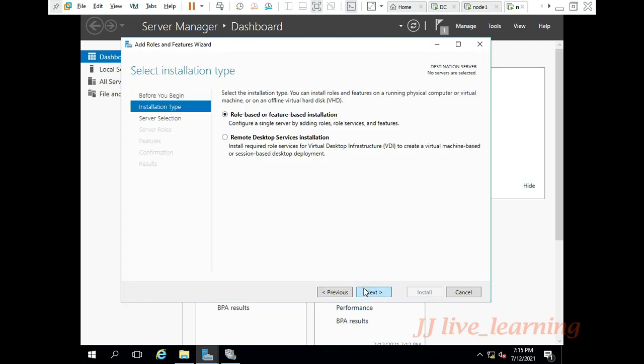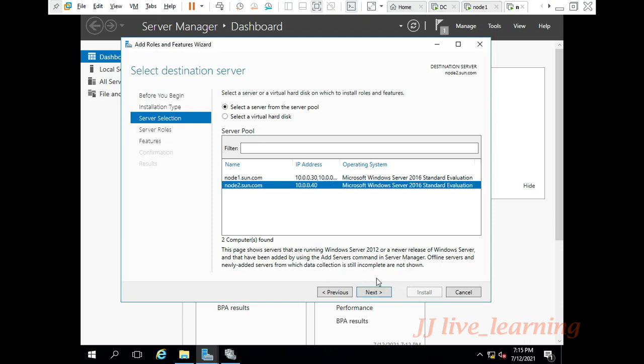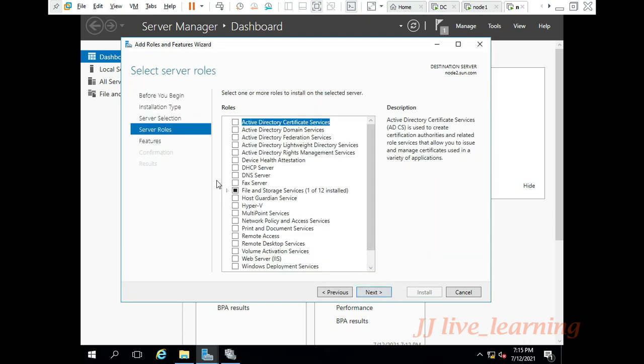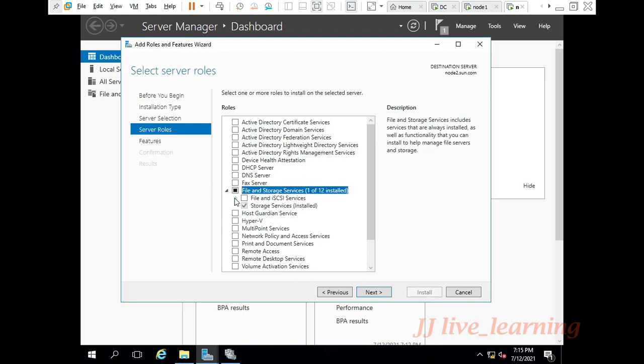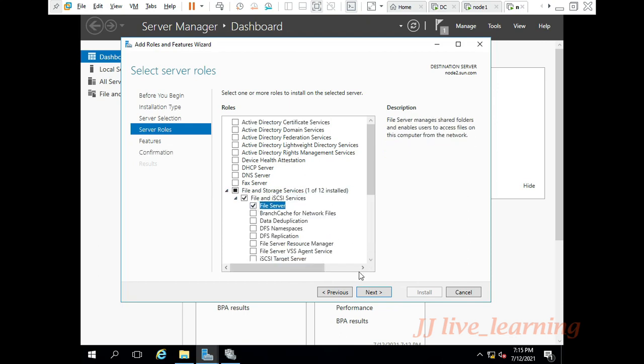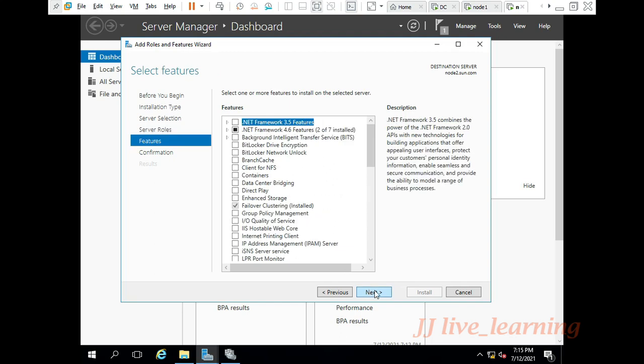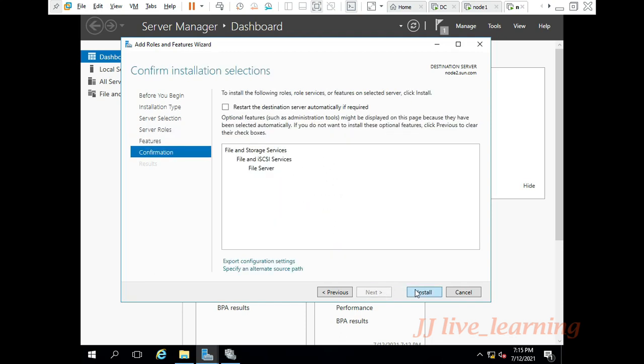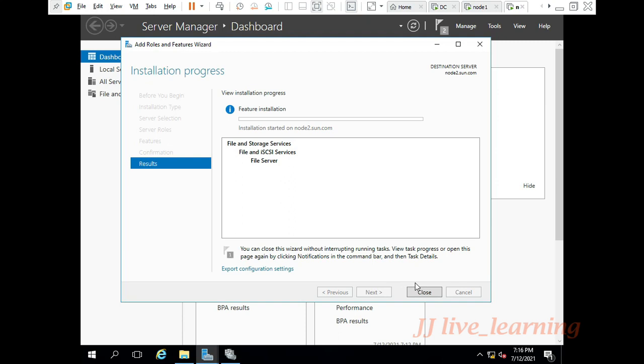In node 2 also we have to install the file service. node2.sun.com is your secondary failover cluster system. On the system we have to enable your file server. On both node 1 and node 2, we successfully completed your file server installation part.